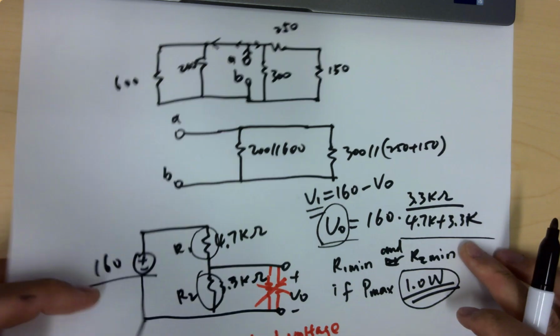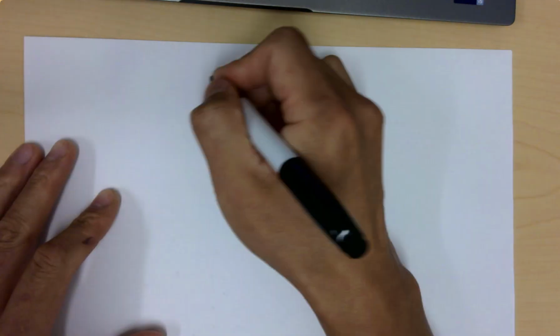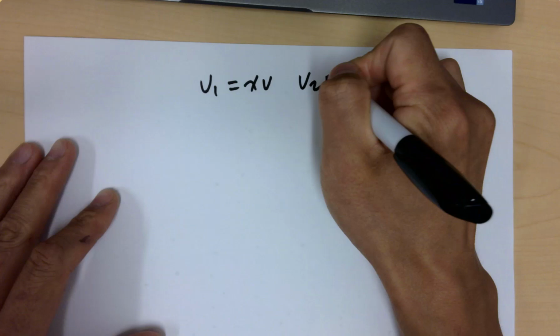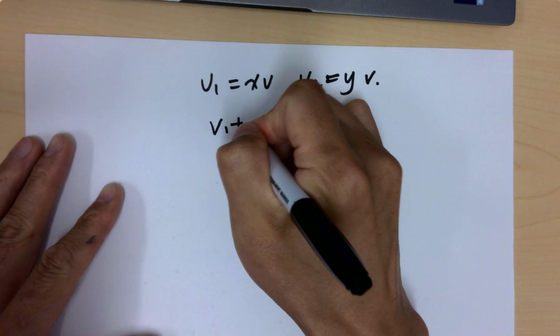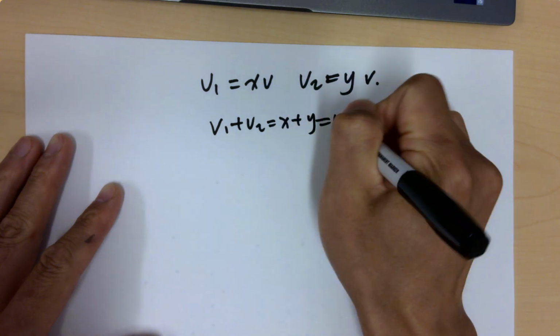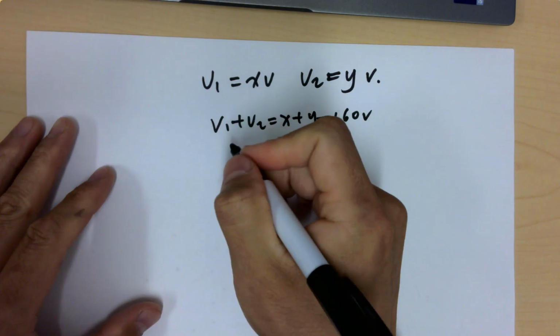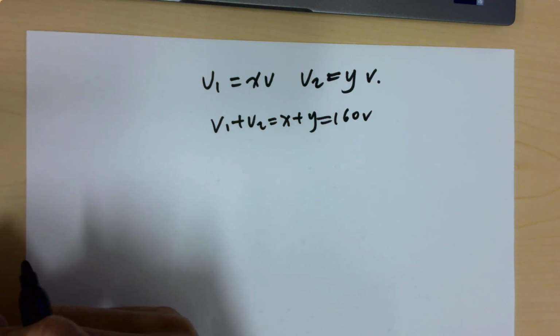Okay. So given that, we could do something in order to find out the minimum resistance that we can use for the circuit. So for example, we know V1 is like X volts and V2 is Y volts, okay? And definitely V1 plus V2, which is X plus Y, is 160 volts. So you can definitely calculate it. I don't want to directly give you that solution here. So we know that the power of the resistors